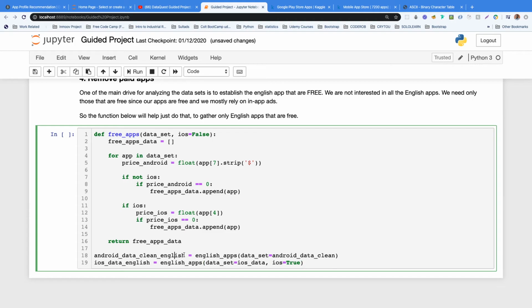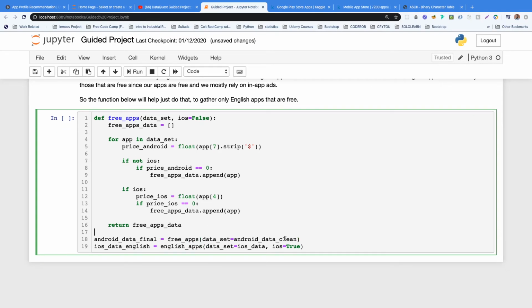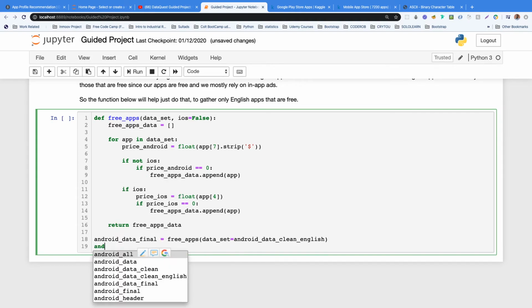So we can just say Android data finder also, and that would just be using this free apps function. And dataset now is not just the clean but the English. Yes, and of course iOS is false, it's okay. And let's quickly check this. So I can just say Android data finder, for example,